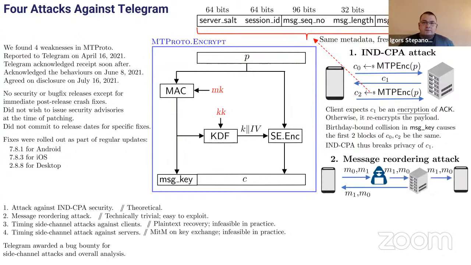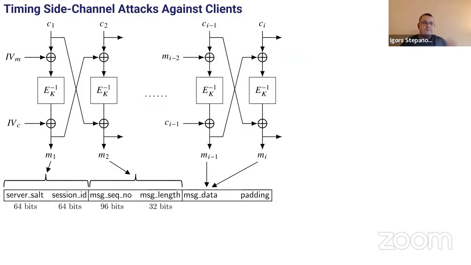The second attack is the message reordering attack. For the message reordering, an adversary sitting on the wire from a client to a server can simply reorder the encrypted messages, and the server actually timestamps the ciphertexts it receives in the order that it receives them rather than in the order they are sent from the client. And so then eventually even the client who was sending these messages initially would update its transcript to use the same order of messages. Okay, so let's get to the interesting attacks.